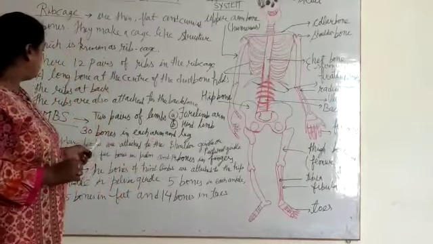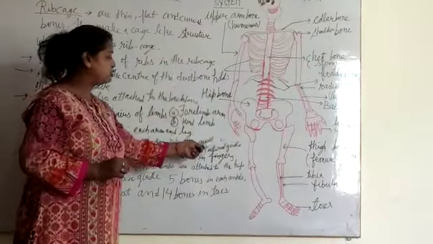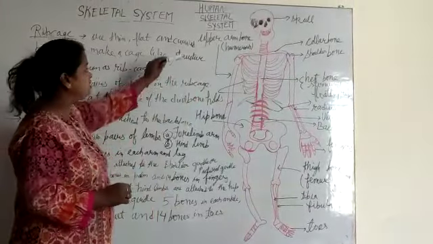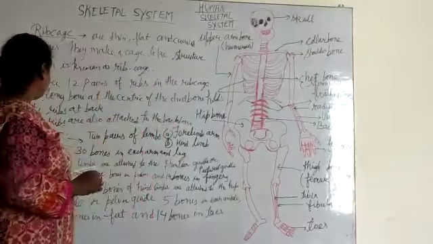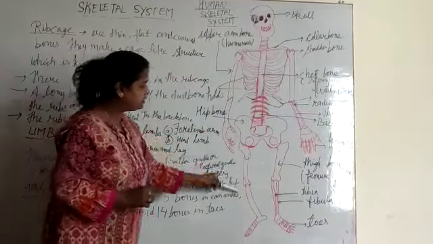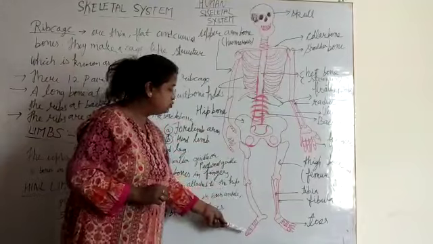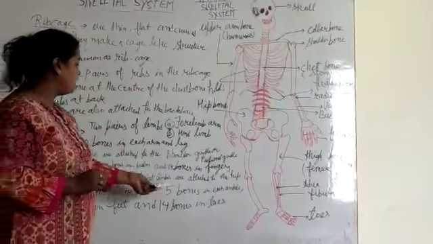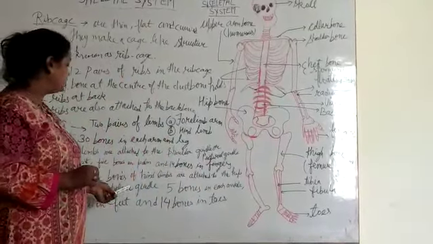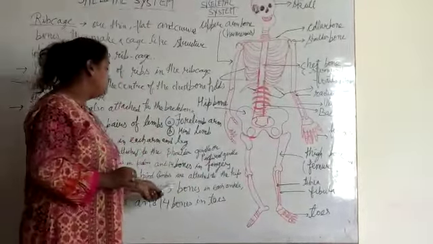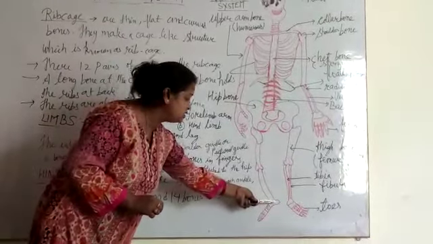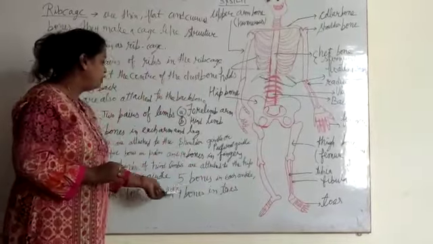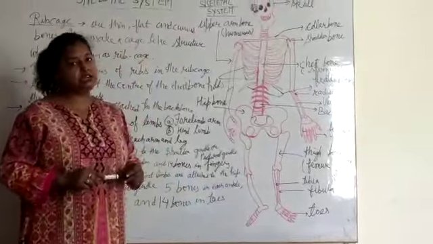Clear? Now the upper arms are attached to the shoulder girdle, also called the pectoral girdle. This is the shoulder girdle, also called the pectoral girdle. Clear? And the longest bone is called the humerus. Now the hind limb, that is your leg part, ankles, toes. This is the knee part, and this is the hip girdle. Clear? The bones of the hind limbs are attached to the hip girdle, also called the pelvic girdle. Just look at this diagram. 5 bones in each ankle, 5 bones in each foot, and 14 bones in the toes. Clear to all of you?